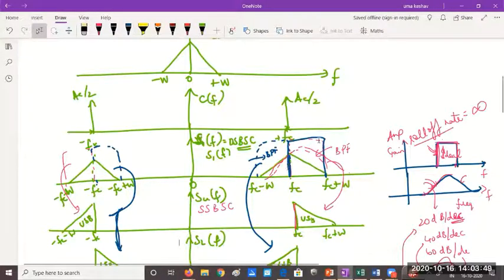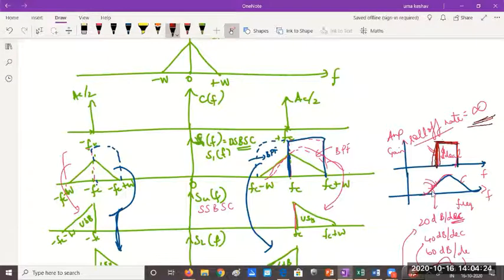An ideal band pass filter is rectangular in shape, and if you apply that, you should be able to filter out one sideband. But please remember, that is an ideal filter, and with an ideal filter the roll-off rate is infinity. Only then will you get these straight line drops. Constant bandwidth, constant amplitude, and a sudden drop from maximum to minimum is possible only at infinite roll-off rate, which is not possible in any practical system.